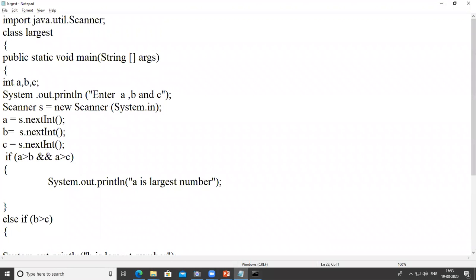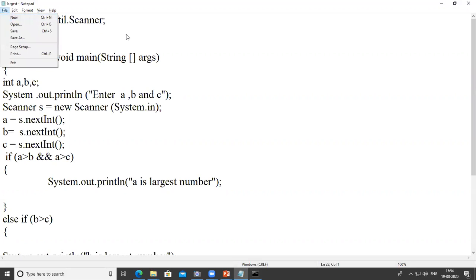So we do a program where we perform different operations like addition, subtraction, multiplication, and division, and we get input from the user whether the user wants to do addition, subtraction, multiplication, or division. So for that we use the switch case statement.